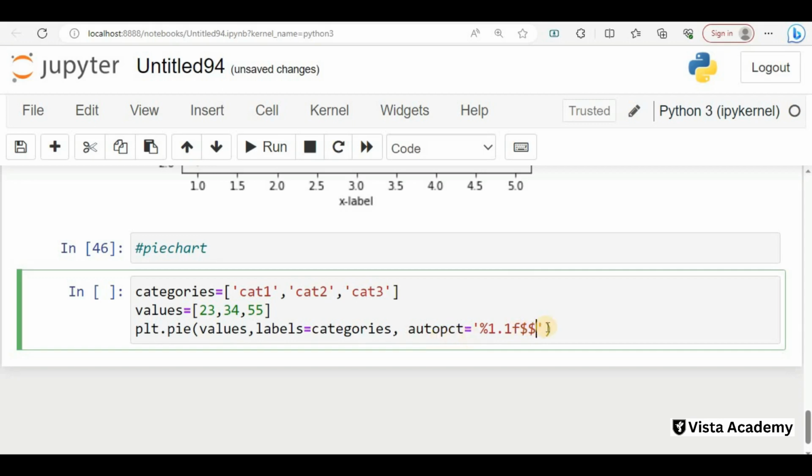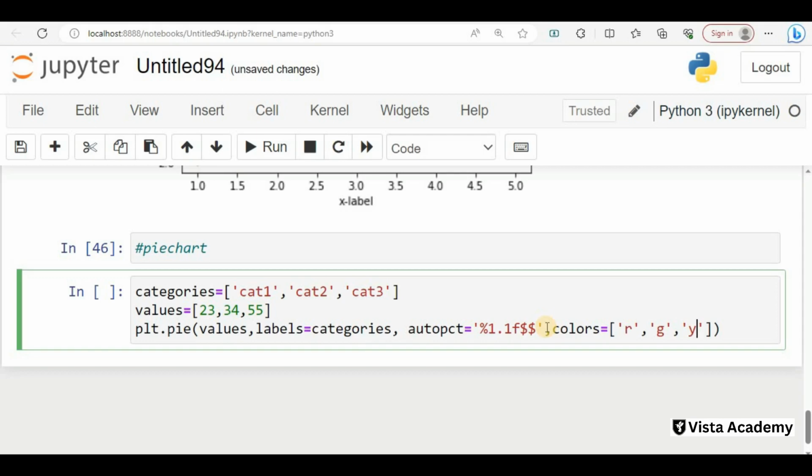Then I will put a comma here, and I will take three colors here. Colors equal to, and inside it I will take red, I will take green, and I will take yellow. So I will take three colors here.